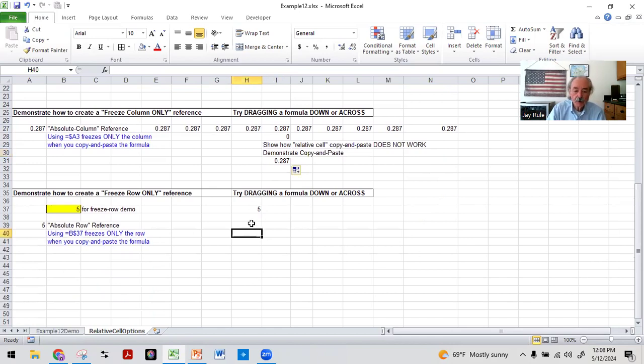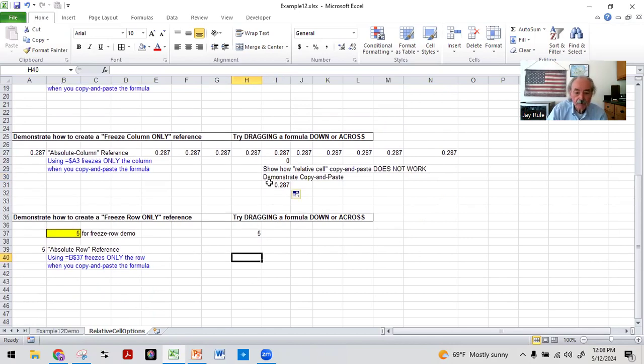Okay, now let's say we want to, I'm sorry, I said that wrong. We want to freeze the column only. We're freezing the column. I'm not paying attention to my own work. $A3, that freezes the column. Okay, so sure enough, as I review my own work, as we drag left and right, we're always looking